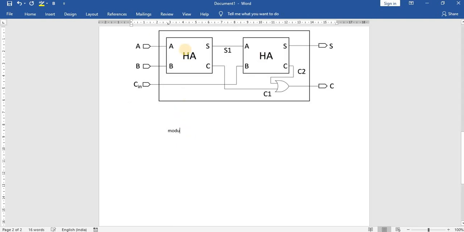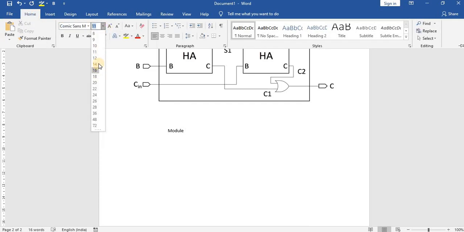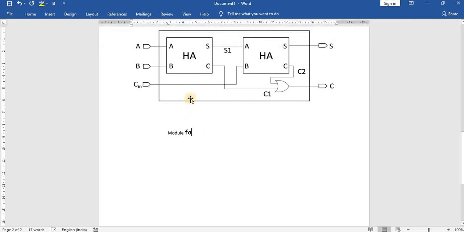Module FA. The input variables are a, b, c in, and the output variables are sum and carry.